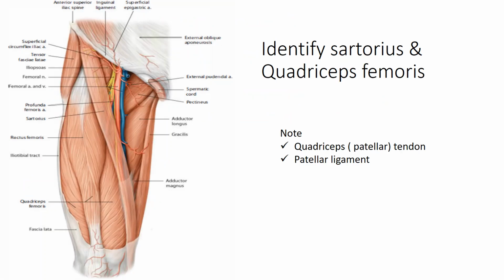Now we will start with this. So, after removing the fascia lata, we have to identify these muscles which are lying in the anterior compartment. So, there is one long muscle running obliquely, whose fibers are parallel running fibers, and this portion is running obliquely, and this is the sartorius, the longest muscle of your body.